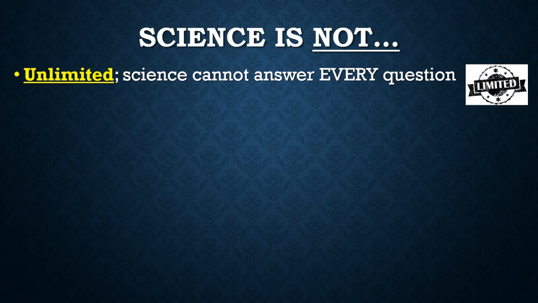We can feel love, we can feel sadness, we can feel emotions, we can feel anger. But it's hard to fit those emotions into one of those five senses. They're a combination of all of them. So it's important to understand that science is not unlimited, and that's okay. Science is not king. We really need to understand that point.